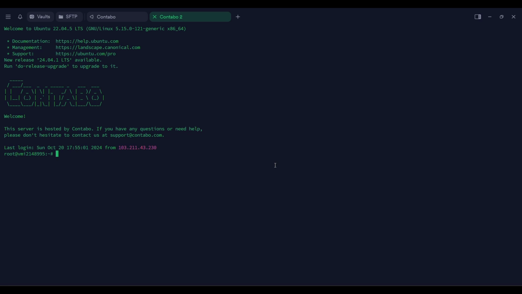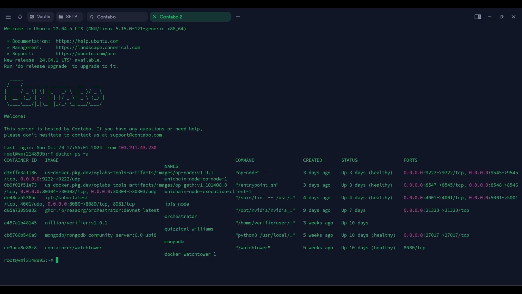I was trying to run a Unichain node, and as you can see, I have this Unichain container. So let me go inside that container, cd Unichain.